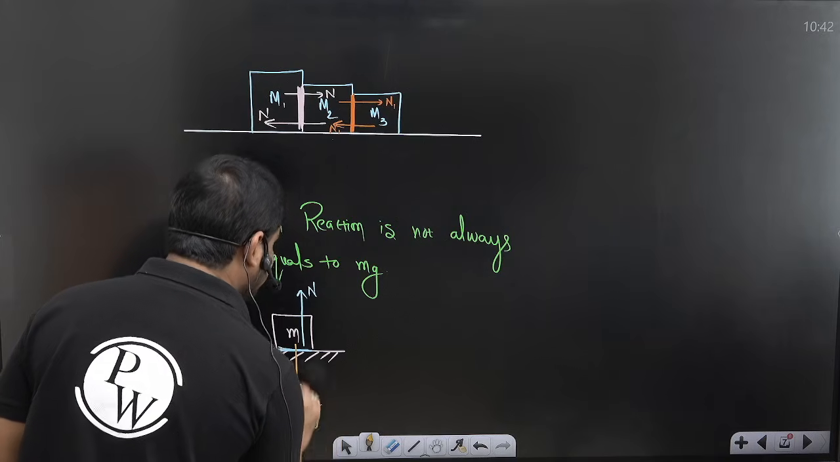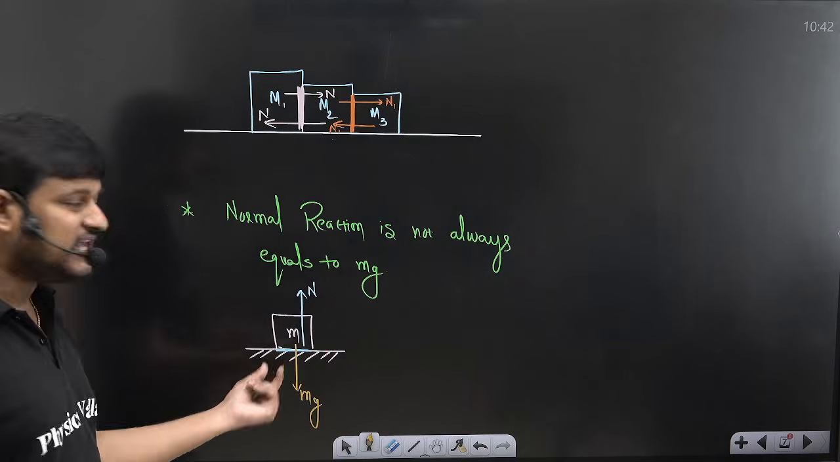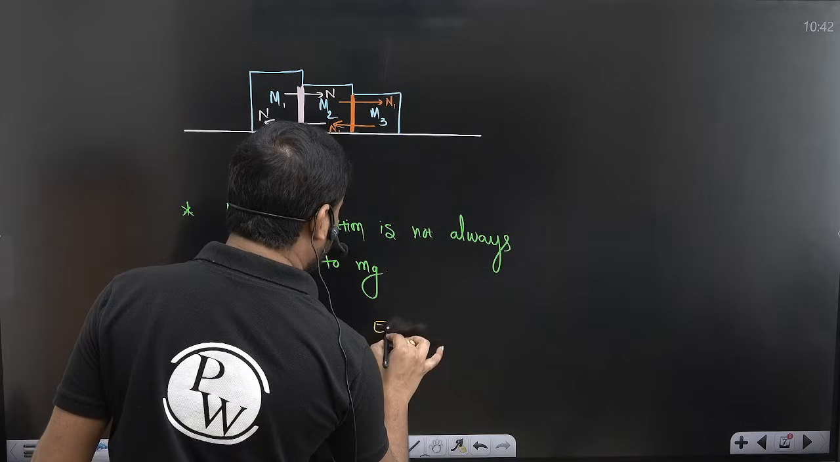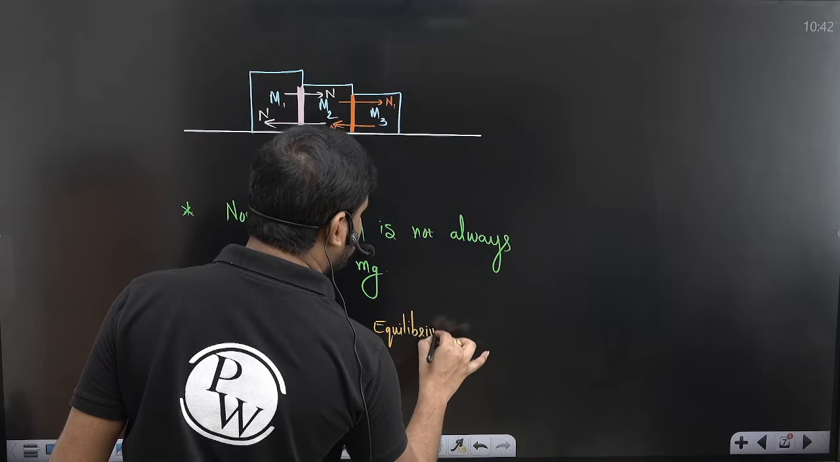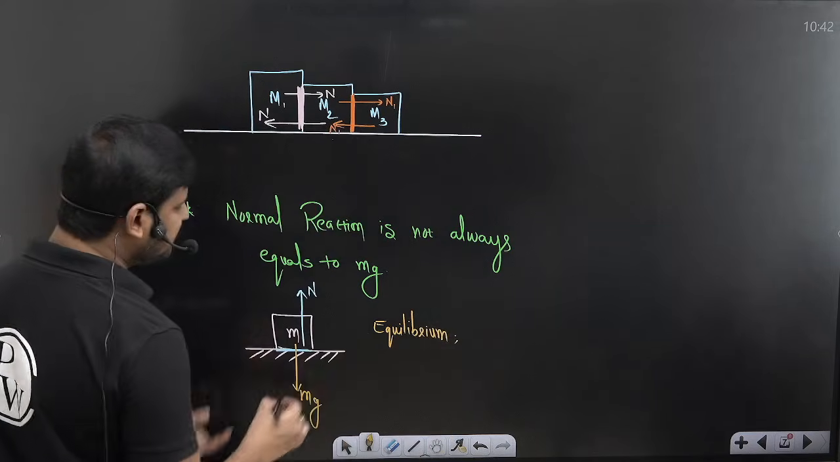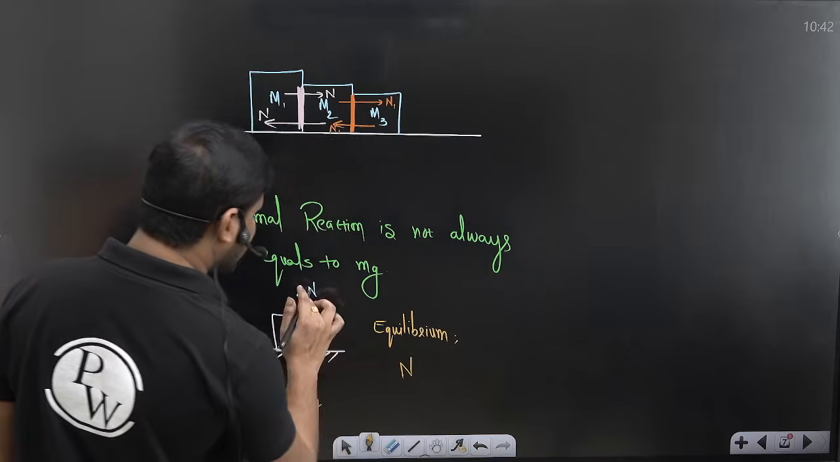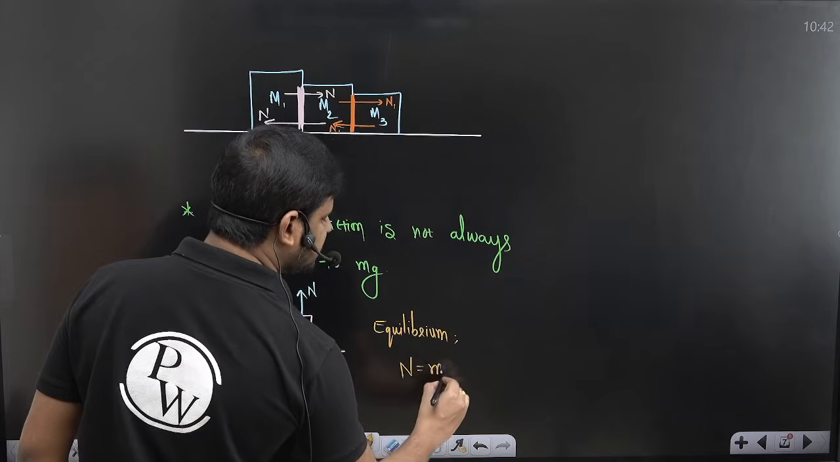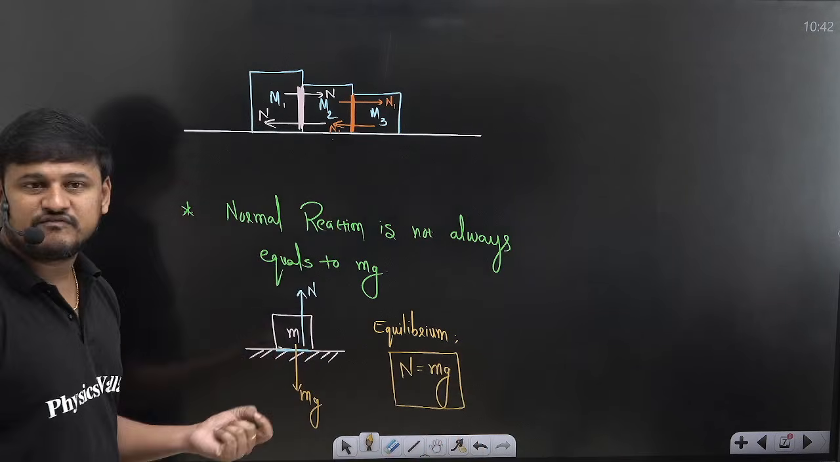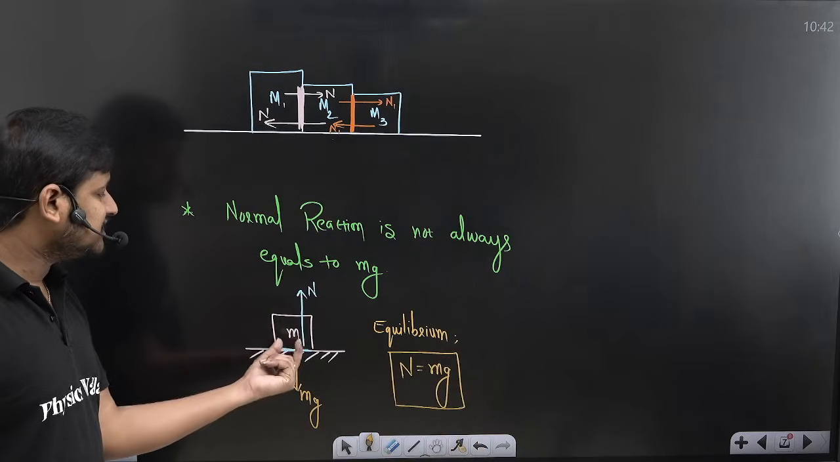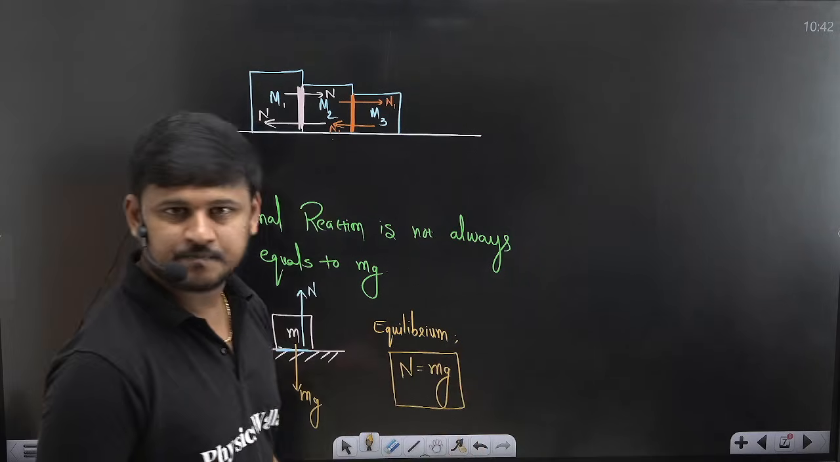In this particular case, if the body is in equilibrium, equilibrium means the net force acting on the body is 0. Okay. So if the body is in equilibrium, then we can say the normal will be balanced by mg. Yes or no? So N is equal to mg. Then only the body will be in equilibrium. So in this particular situation, N is equal to mg. But